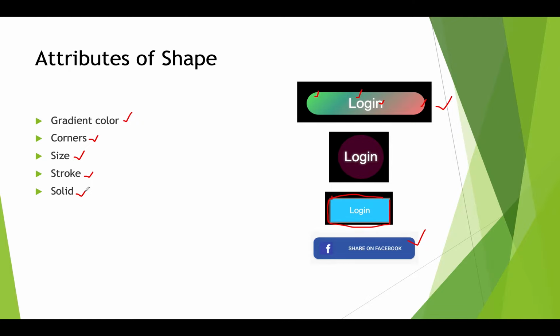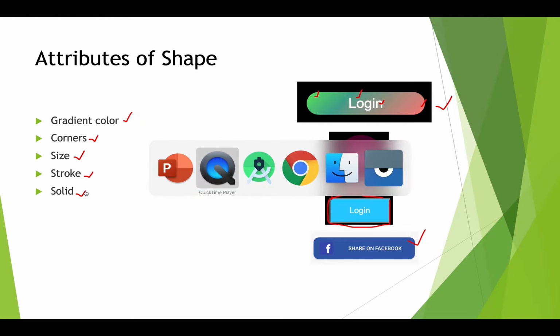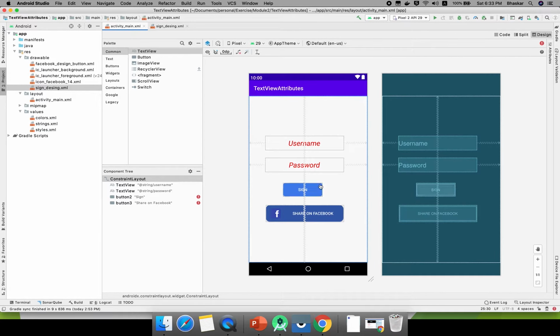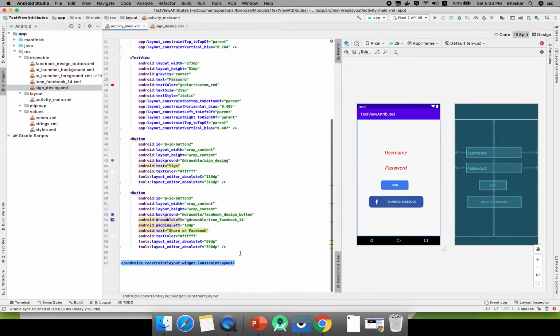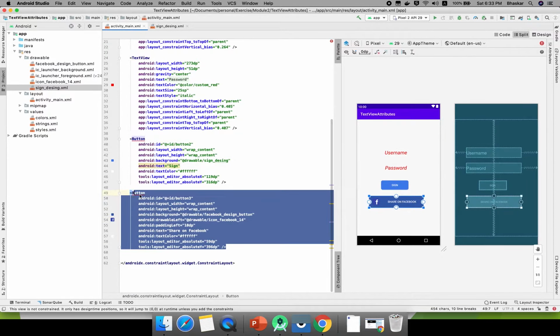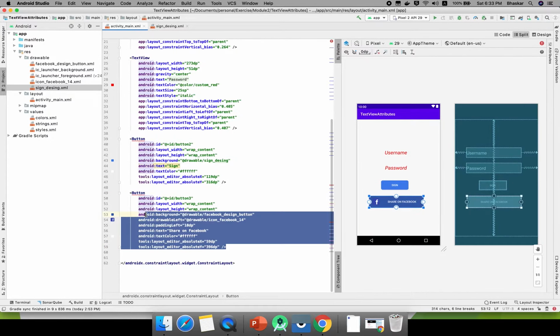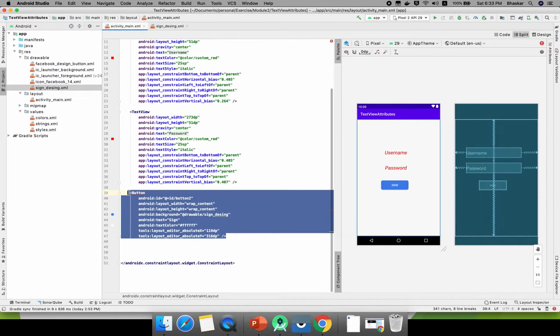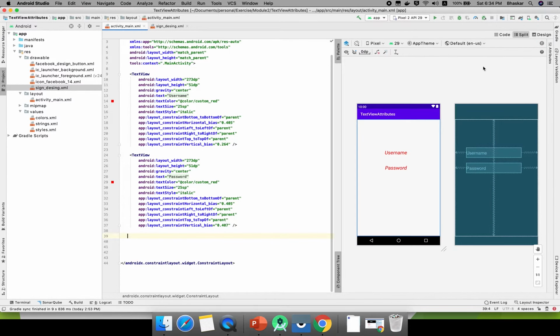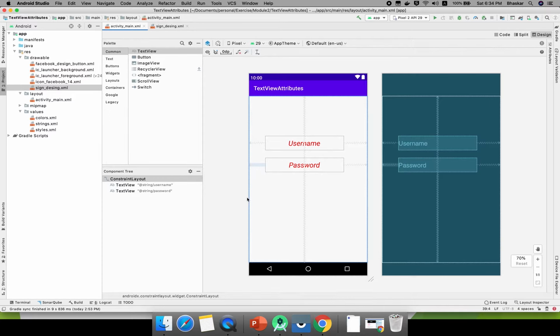Let me quickly open my Android Studio. These two buttons I designed, and I will explain now how you need to design them. First, we'll drag a button here. Username, password, attributes, everything I explained in the previous section. If you don't know, just go and watch those videos. I'm removing this one as of now. We'll design the icon our own way. The first step is, which icon do you want to design?